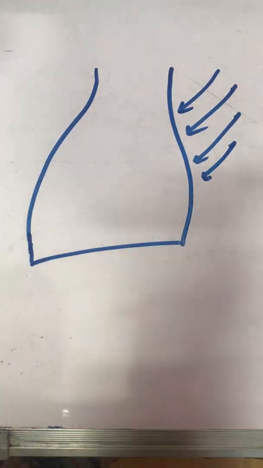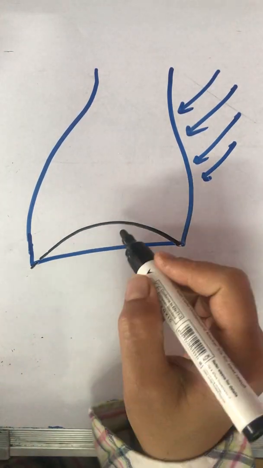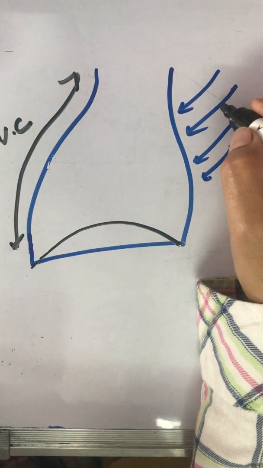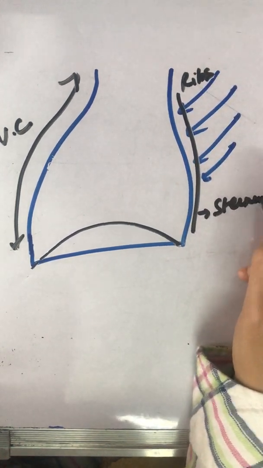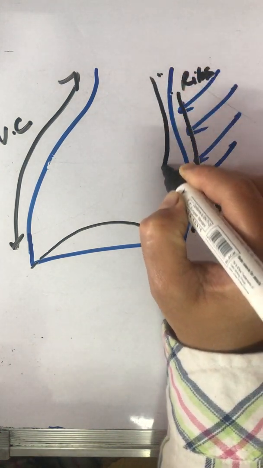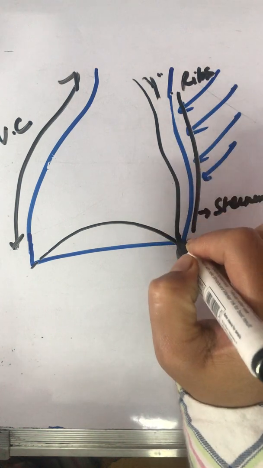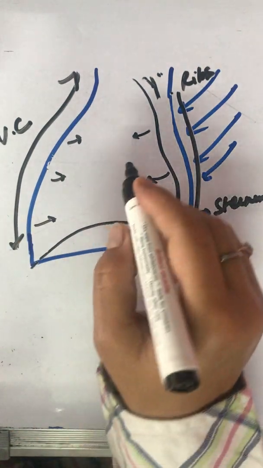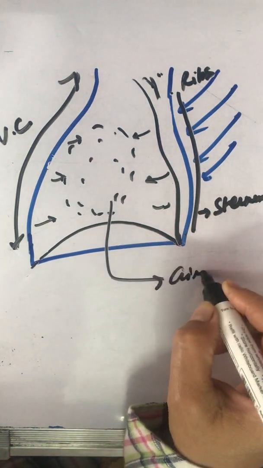Okay, getting my point. This will move inward. When it moves inward, originally dome shaped, this side again the vertebral column, this side again the ribs and the sternum. The intercostal muscles are contracting, allowing the ribs to move inward. So this area will automatically shift more towards the inner side. When it shifts towards the inner side, ultimately there is a slight decrease in the volume, and that decrease in the volume will show that the air pressure here will